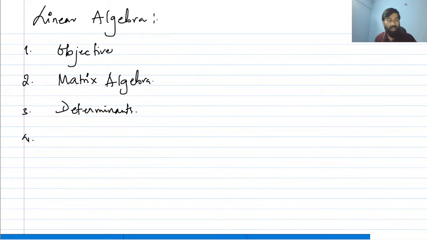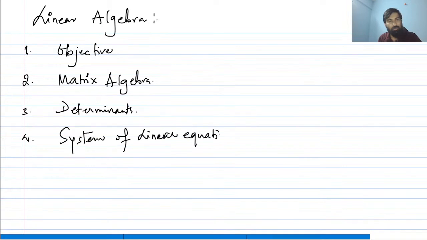Okay, so I think I have also shared some of the points, like what we are supposed to discuss under linear algebra. So determinant, then we will be talking about system of linear equations. And the fifth one is going to be the norms of a vector. The concept of vectors we will discuss here.